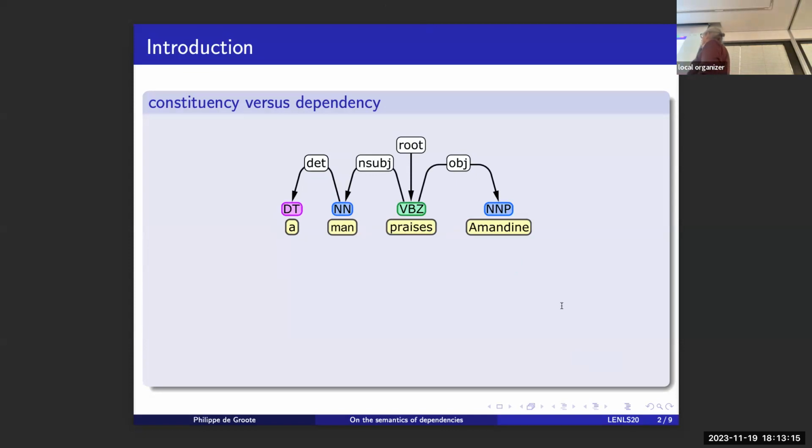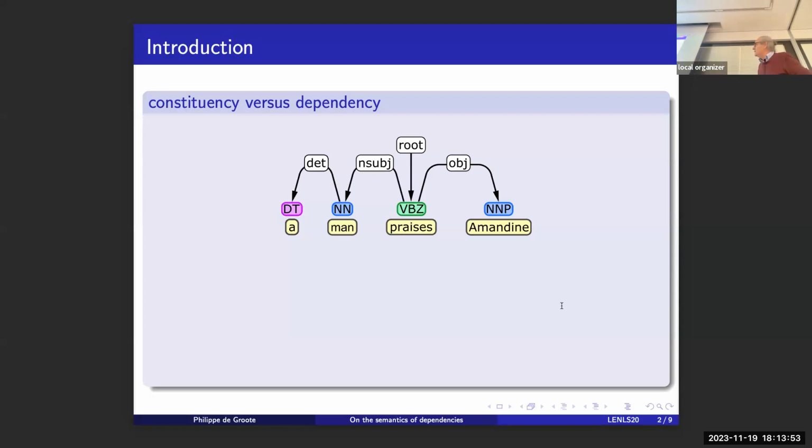a word like praise, then you can follow all those edges, and then somehow you have the constituent. And so praise here isn't actually the head of the complete sentence. So if you take man, you follow this, and then you have a man, which is some sort of constituent. But we do not have as much information actually as we have in the past tree. And also sometimes the notion of constituent that we obtain that way disagrees with what we would have in the past tree.